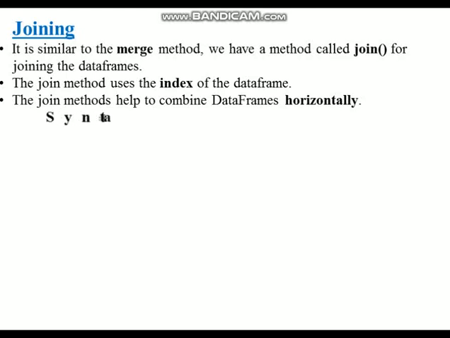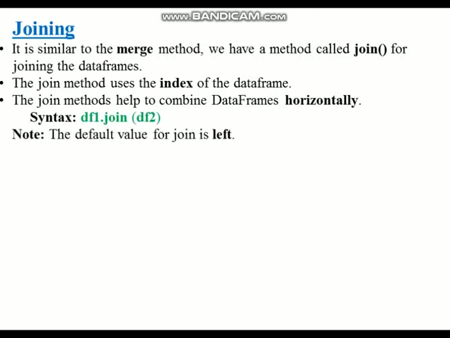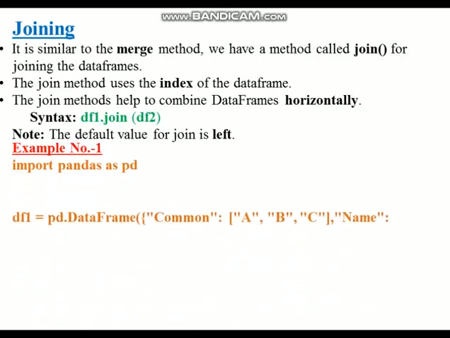Syntactical representation: df1.join within brackets df2. Once again, df1 and df2 are the names of data frames. The important term is that the default value for join is left. In the case of merging, the default value for merge is inner, but in the case of joining, it is left. Example: all the code is the same as the merge code,